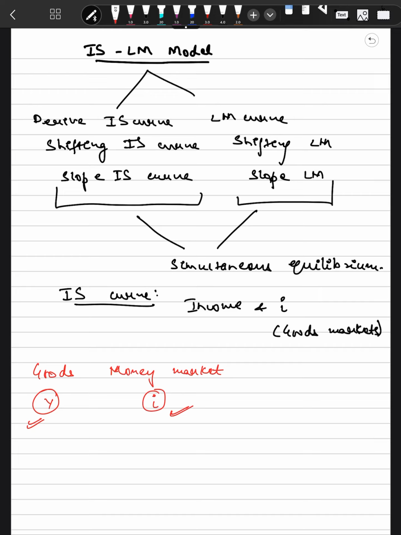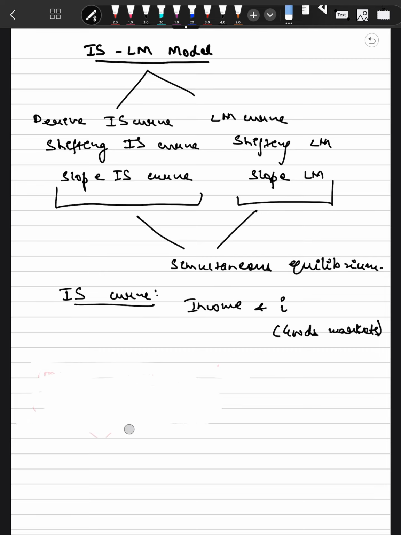So in this, whatever we do now, we will say we are deriving output or income keeping the interest rate as autonomous, such as it is derived in the money market. And when we are going to derive the money market, in that case we are going to say that this output or income is derived in the goods market, and thereafter we are going to find out the simultaneous equilibrium. Okay, so the IS curve represents the equilibrium, different combinations of income and interest rate where the goods market is in equilibrium.